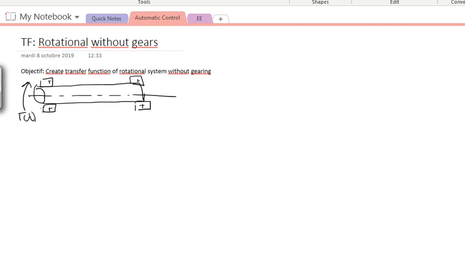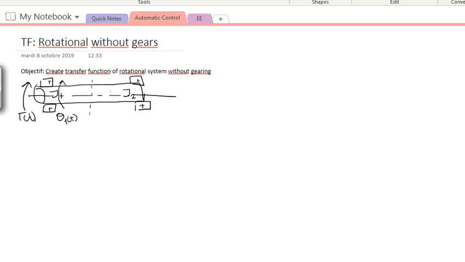We consider that the shaft is very long, so that it can be discretized into two parts, where the first part on the left has a certain mass, therefore a certain inertia of J1, and the part on the right has another inertia of J2, right? So when you rotate it with a torque T, on the left-hand side you have a certain angular position of theta 1(t), and the same thing for the right-hand side.